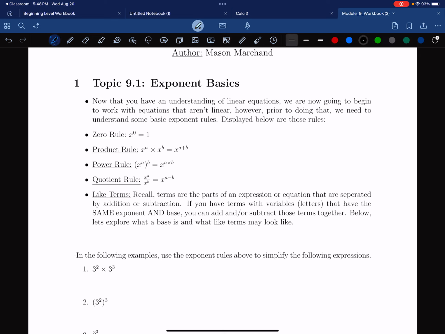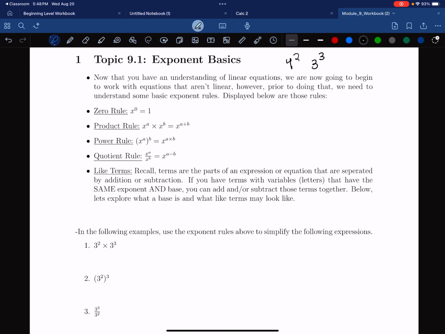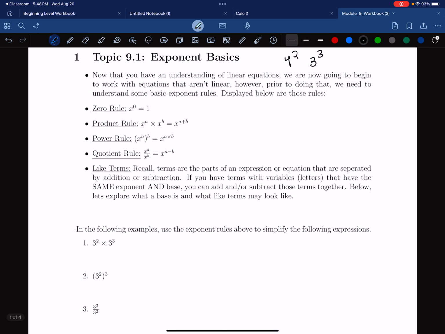Now, we've done stuff with exponents in the past, for example, like 4 squared or 3 cubed, right? We know what that is. We know what that means. But now we are going to take a little bit of a spin with exponents. So we have done a lot with linear equations. In Unit 6, remember, we learned how to solve all kinds of linear equations, like 3x plus 6 equals 0,